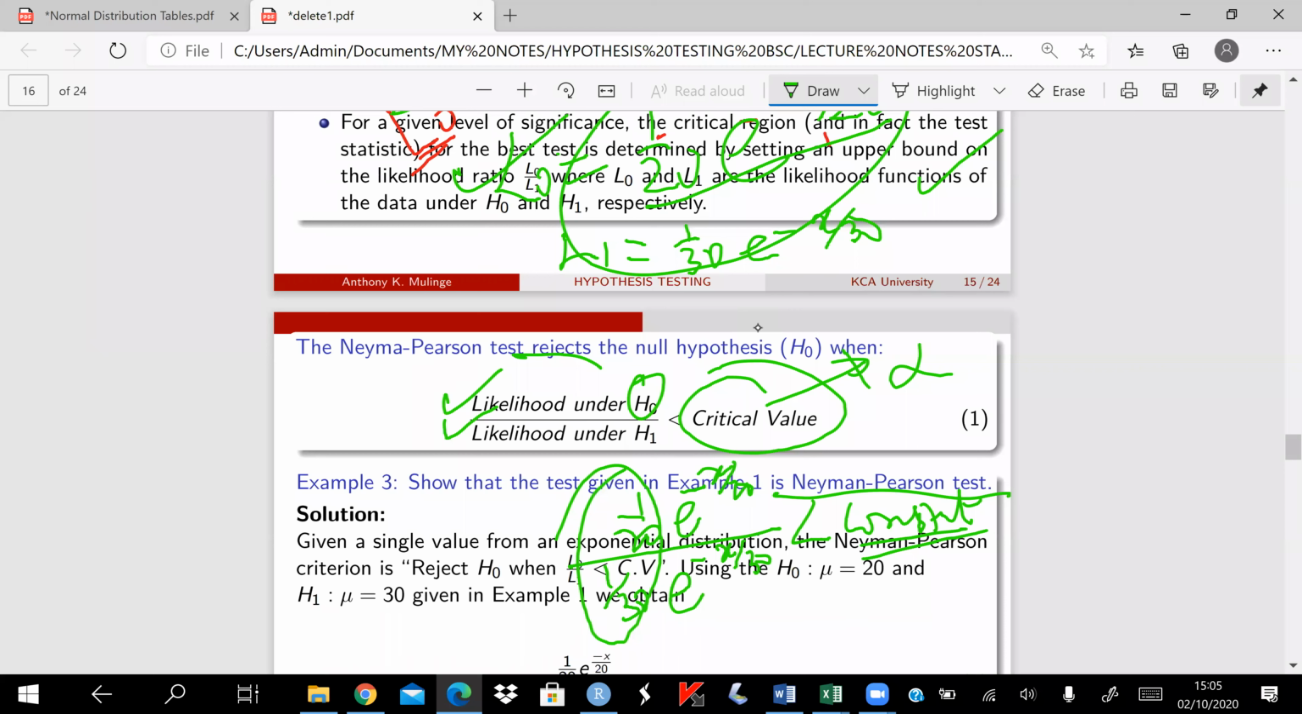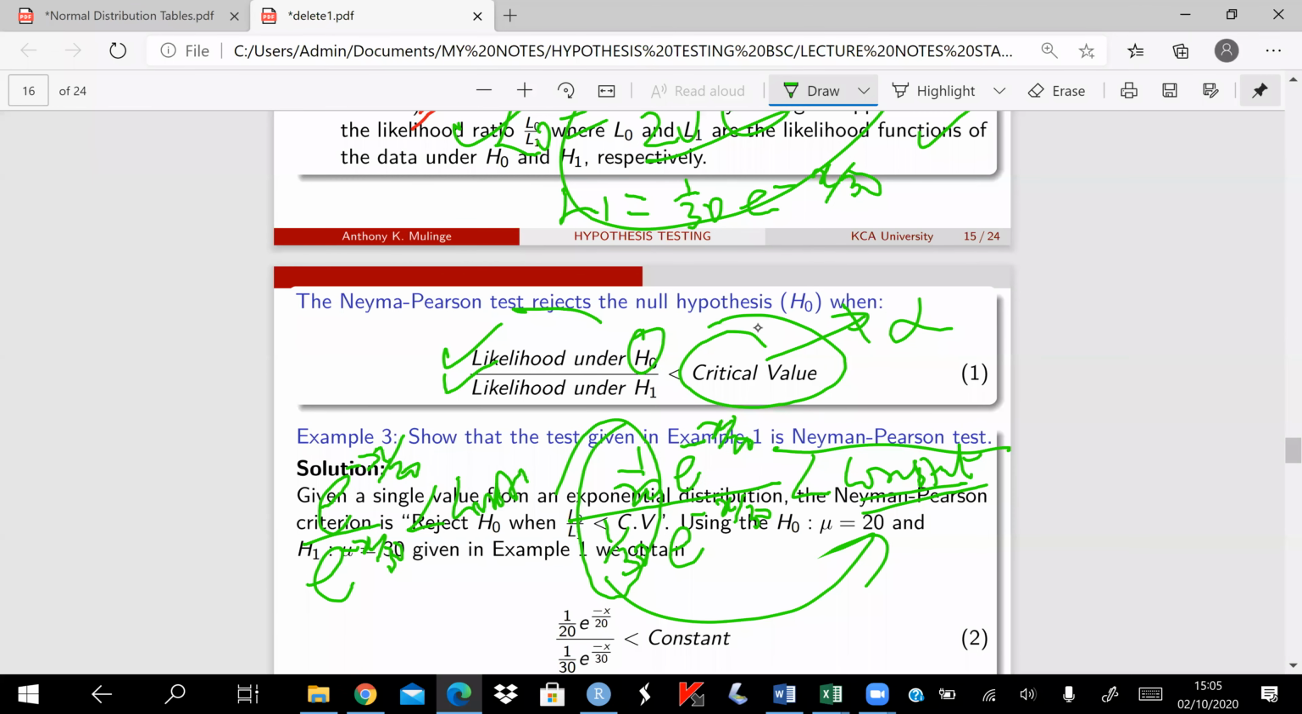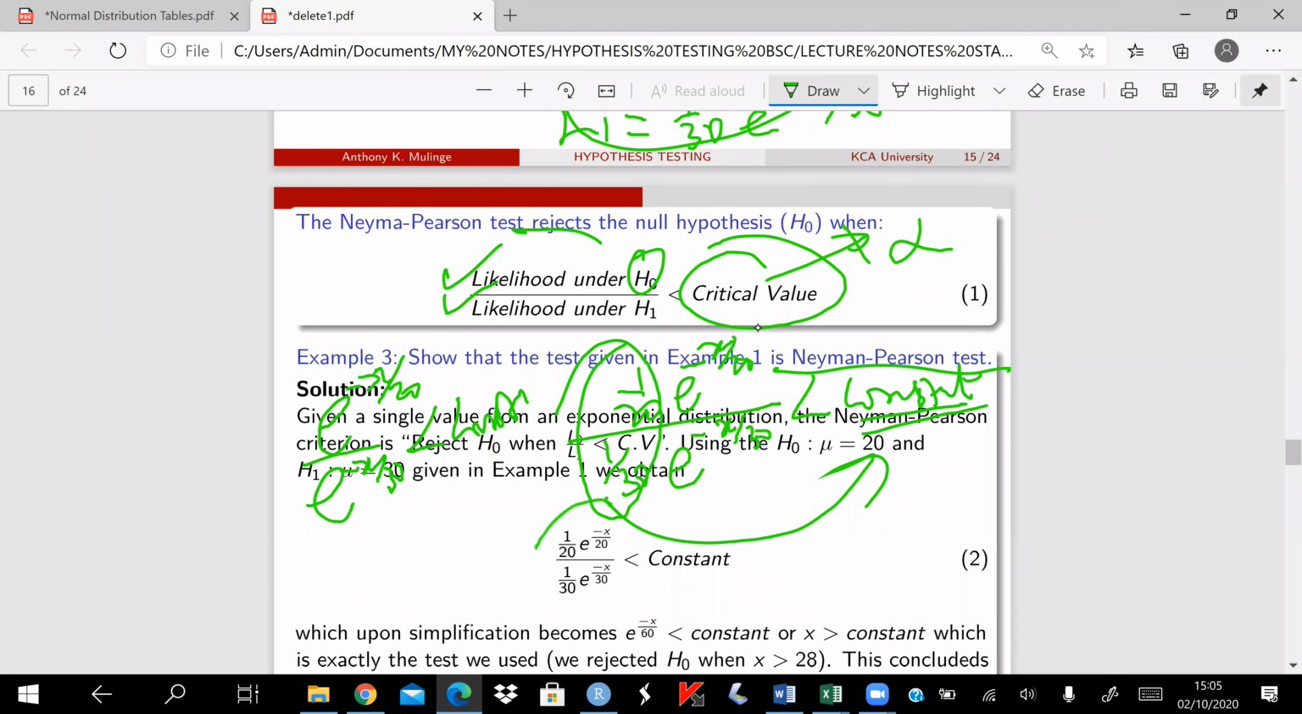So you notice that you can play around with these coefficients. You take them to the right hand side. So you'll be left with e raised to power minus x out of 20 divided by e raised to power minus x out of 30. It's still less than some constant. If you take this constant to this side, we still remain with some constant. Okay. So simplifying on the left hand side, this is what we have. When you simplify these,